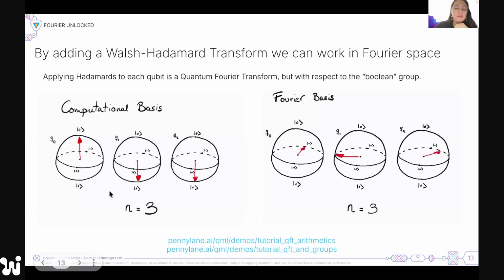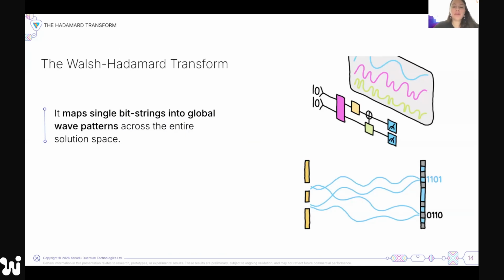Here you see another example of how this Hadamard transform works. We're moving from just state 0 to state 1 to actually rotations around the equator of the Bloch sphere, right? These look a little bit like a clock, so they're periodic signals, some with a higher and some with a lower period. So when you hear that phase is very important, that's because we're moving in the equator of this Bloch sphere. The information here is mainly contained in the phase for all of your coefficients. All right, so that's the big summary.